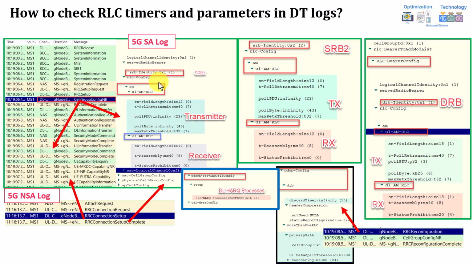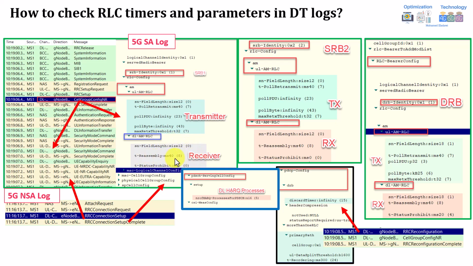You can see here the timers in the uplink direction and this is the downlink direction. Again, this is from the UE perspective. You have the same timers at the gNB itself, because it's configured at the gNB. So for the downlink, whenever you receive data, the UE will be acting as a receiver, so this will be its timer.